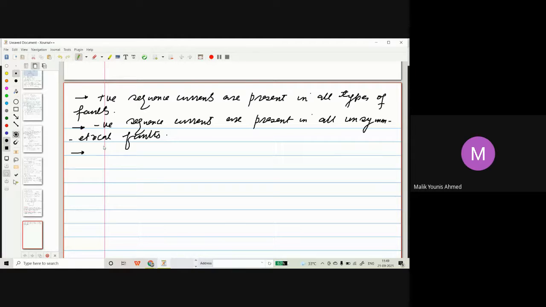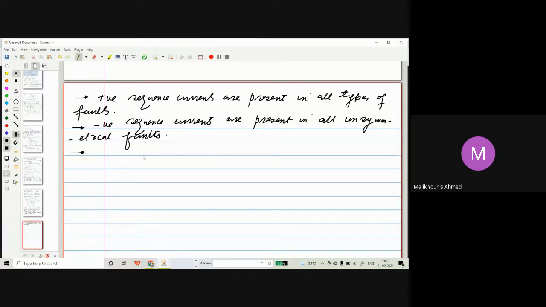Yes, sir. Whenever you have a return path, then only you can have a zero sequence component. I have read this so many times in sequence networks, you don't pay attention. So number one possibility is you should have a path grounded from the neutral point, whether that is solidly grounded or reactance grounded, it doesn't matter. But it should have a grounded path. That means it should have a path from the neutral point to ground. Number two, whatever the fault is, that should also involve ground.